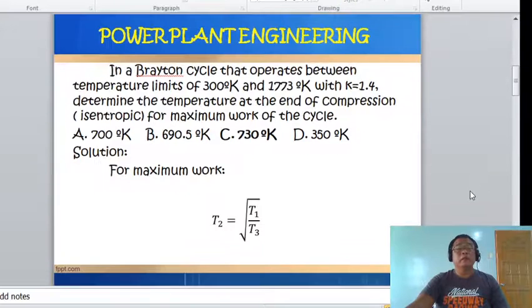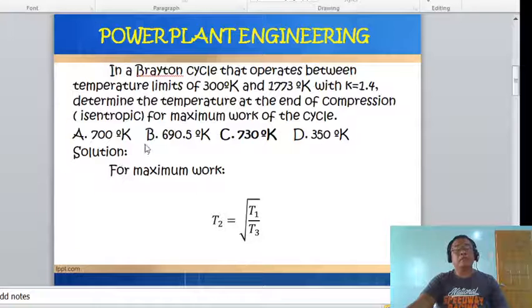Okay? So, let us, class, consider here a Brayton cycle that operates between temperature limits of 300 Kelvin and 1773 Kelvin, with k equals 1.4. Determine the temperature at the end of isentropic compression for maximum work of the cycle. Take note, class, maximum work. Therefore, since maximum work is required, we utilize